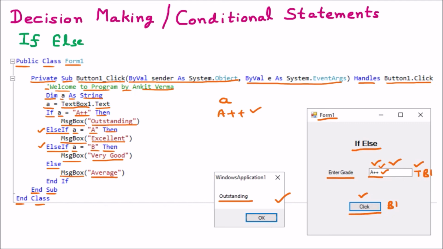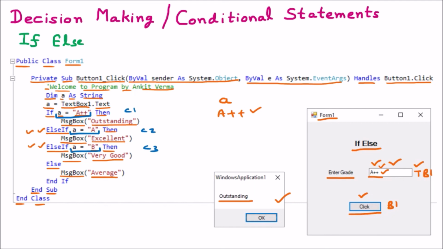So this else if we can provide to add a different condition. You can see that this one is the first condition, condition 1. Similarly, if you want to add multiple conditions, you will have the else if here. So this is another condition, condition 2, then this is another condition, condition 3. This way you can provide n number of conditions with the help of the if else.